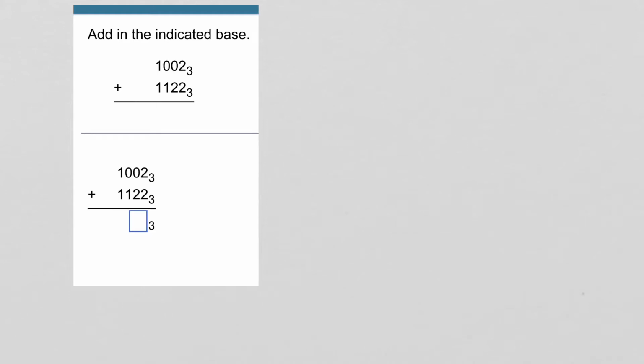In this problem, I need to add in base 3. So I'm going to start in the ones place where I have 2 ones added to another 2 ones. So when we're adding 2 plus 2, that means I have 2 ones here, another 2 ones, which is 4,